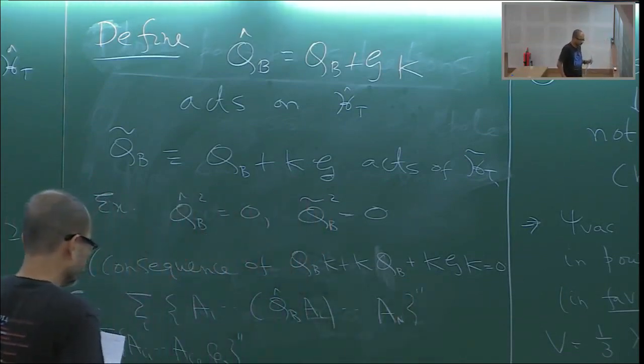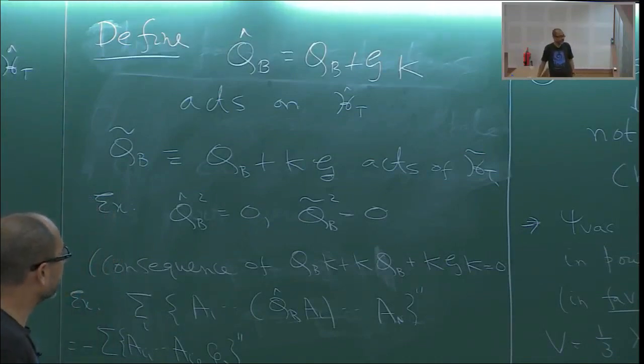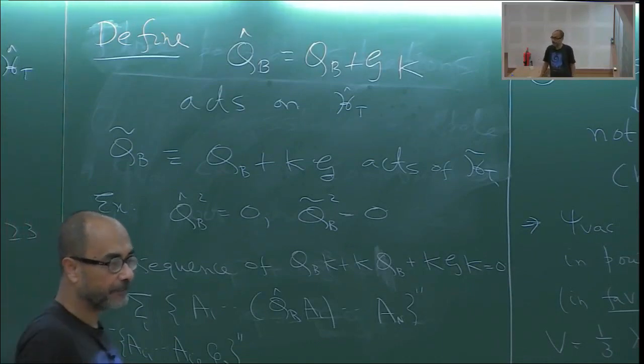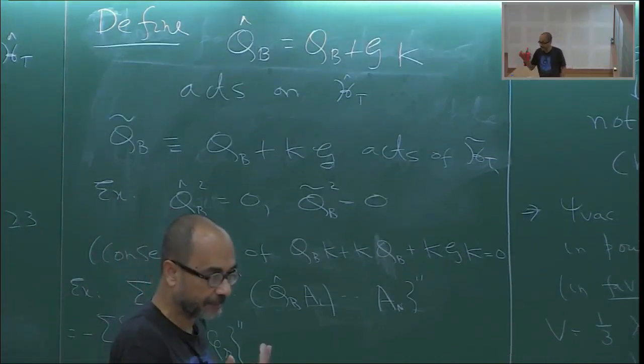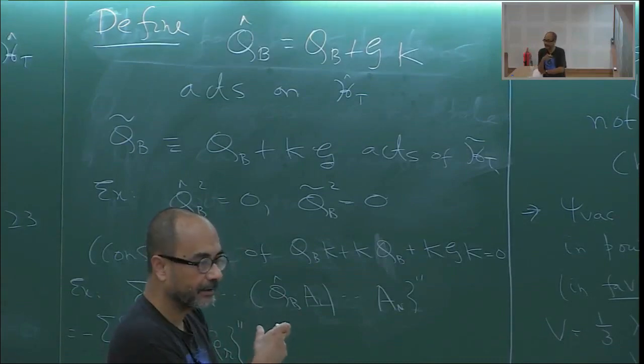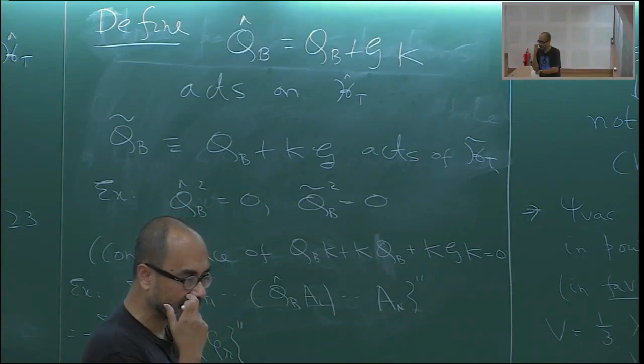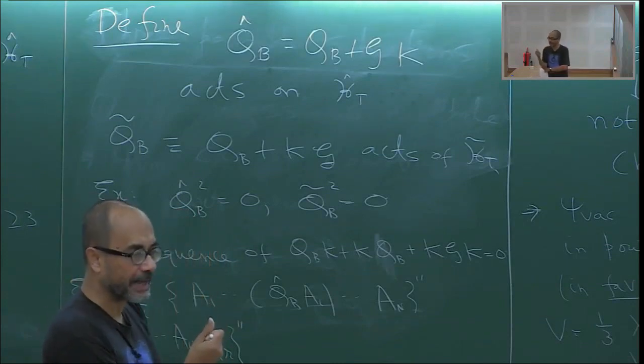Okay, obvious, but A has some picture number. Well, K is an operator, right? So its mapping changes the picture. It changes the picture by -1, right? And that's why G has to act to compensate for it, because QB hat shouldn't have a picture number. So it acts like some anti-picture changing operator. Exactly, yeah. It acts as some anti-picture changing operator, but it shouldn't really be called anti-picture changing because this